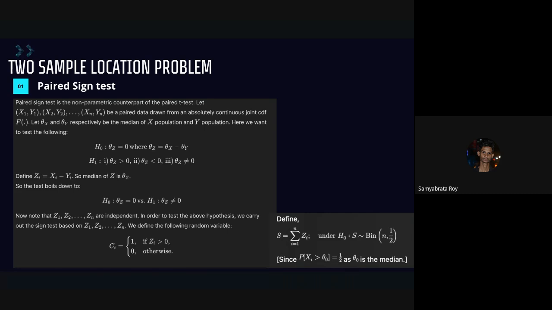So our null hypothesis is going to be theta x is equal to theta y. We can take a different random variable, theta z, which is the difference of theta x and theta y. So theta z should be 0 if the null hypothesis is true. And we can test three cases: right tail, left tail, and both tail test. If theta x is greater than theta y, theta x is less than theta y, and theta x is not equal to theta y. Fair enough? So basically, we are comparing the medians of two different groups, and we should keep this in